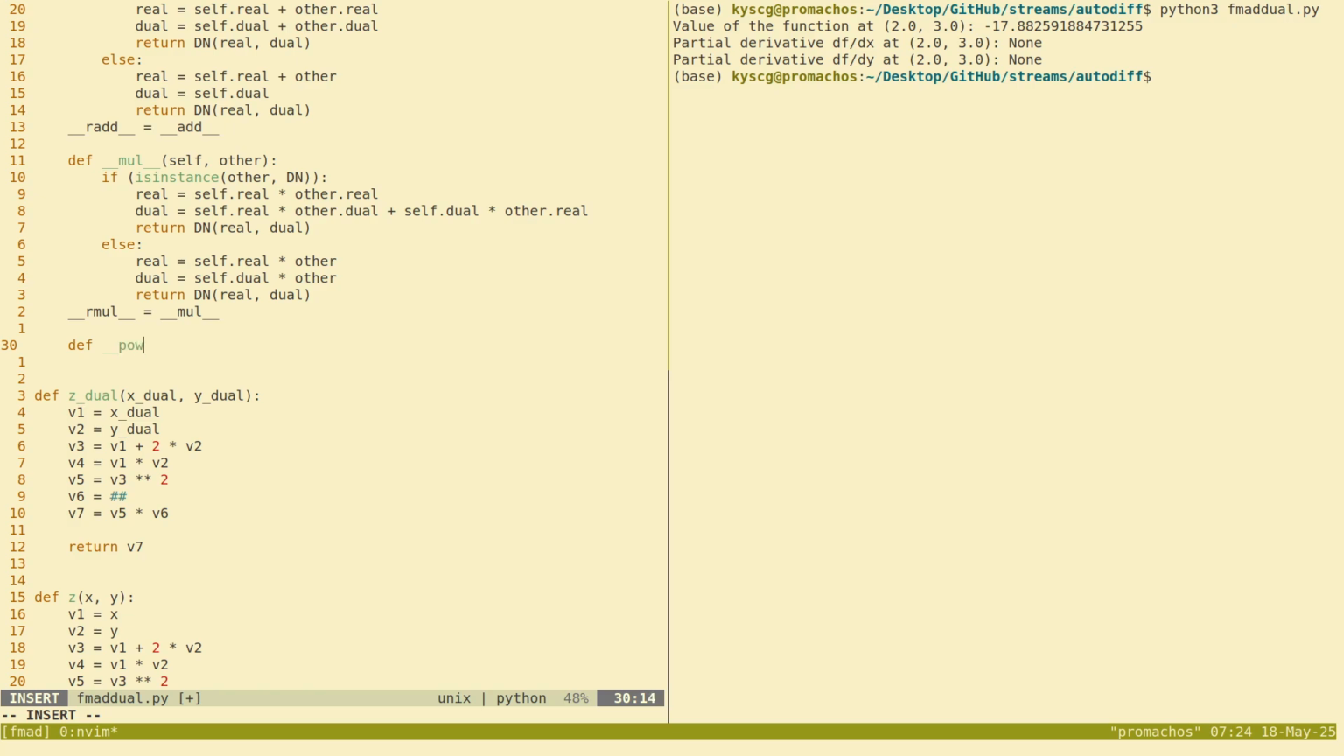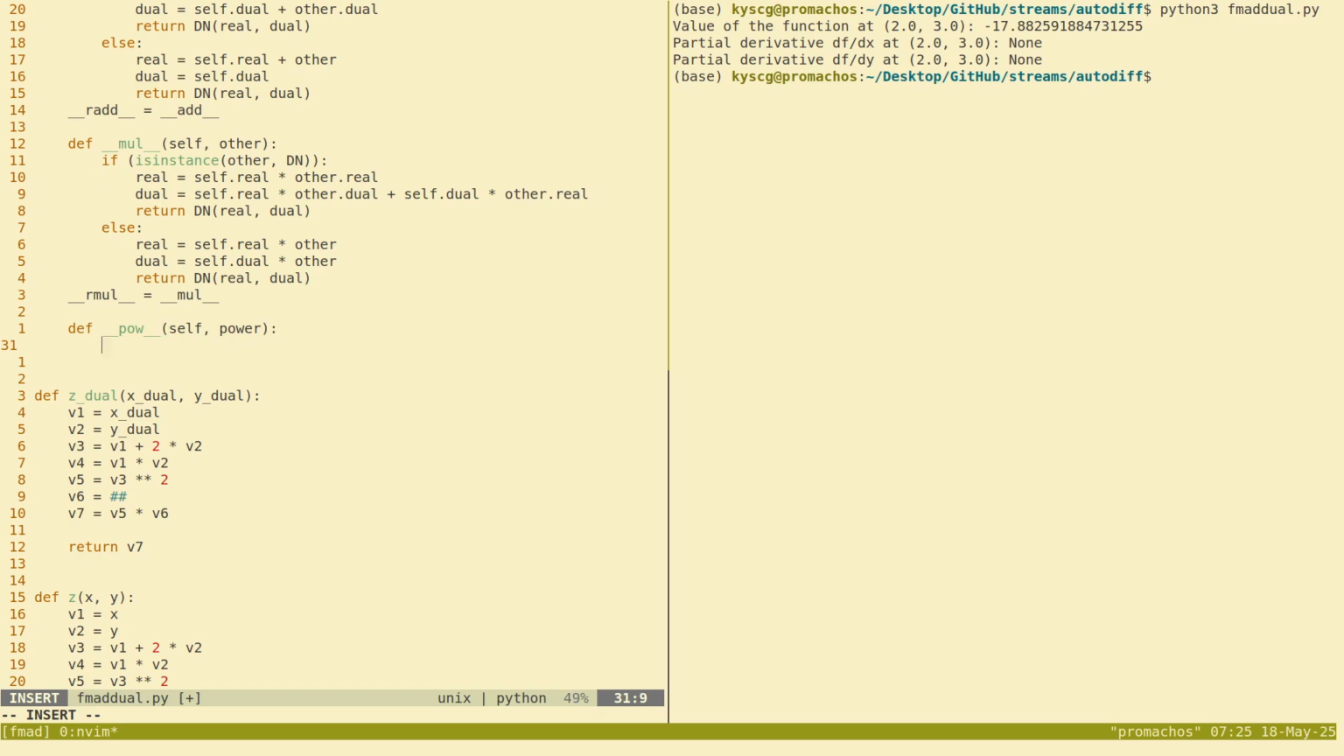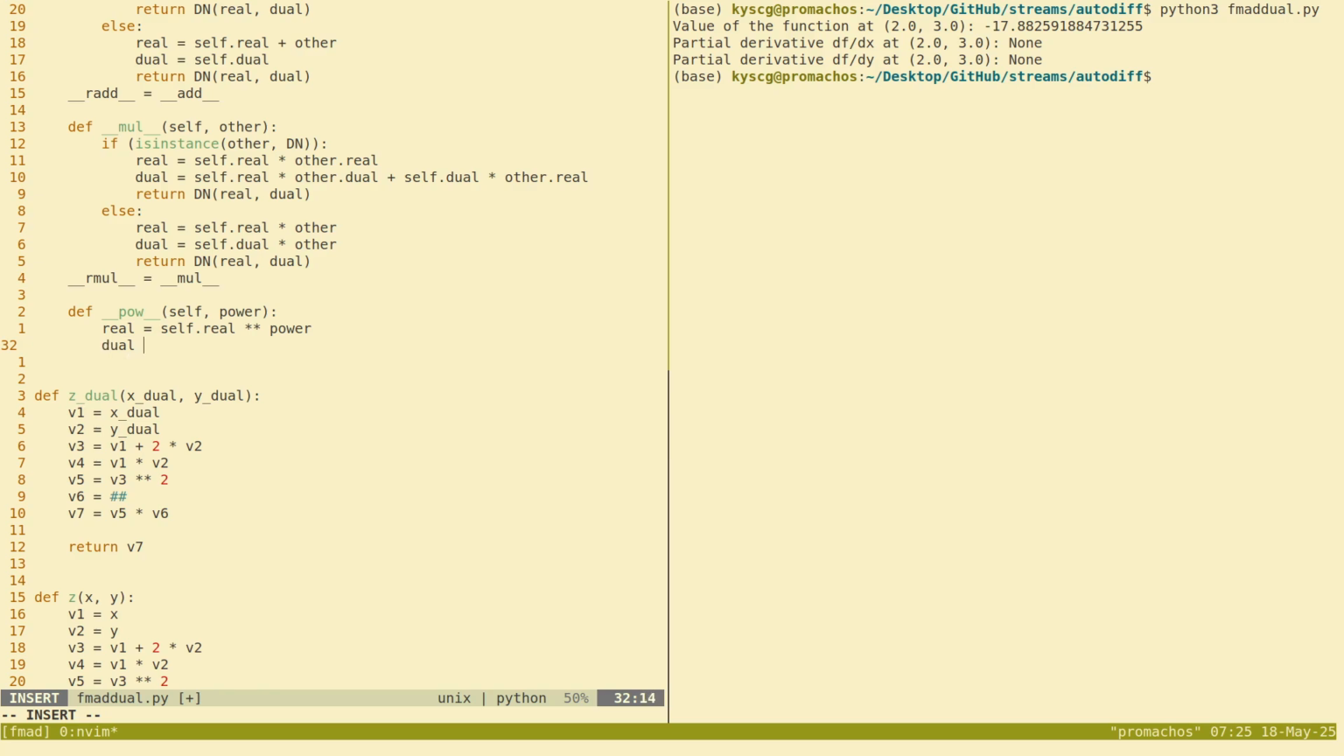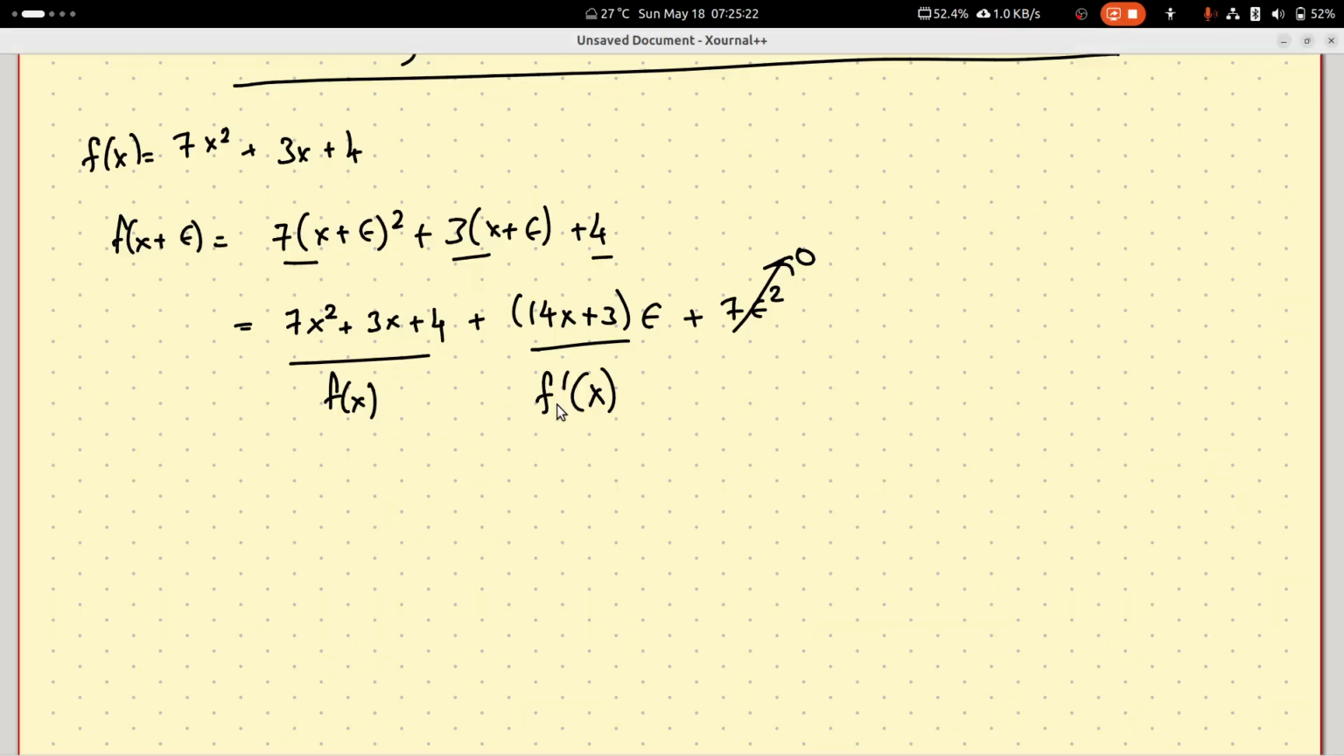just very similar to how we've been. So we have a number and its power. The real part is just self dot real times power, and the dual part is power times, actually I just want to work this out before I